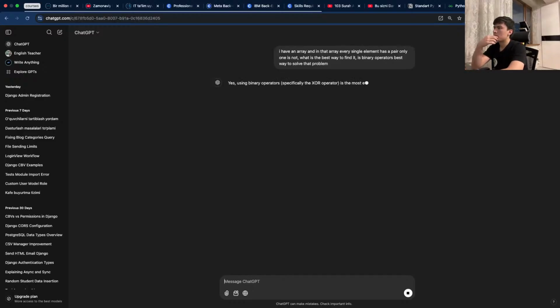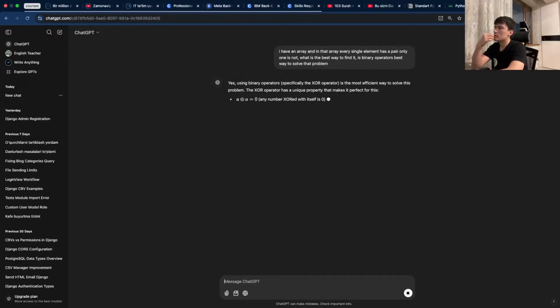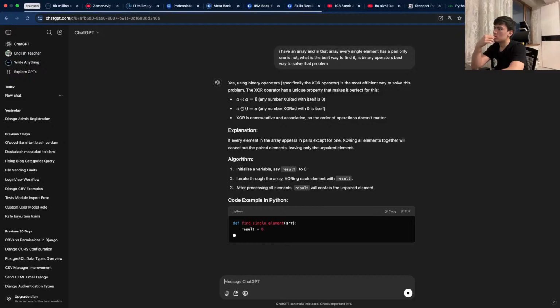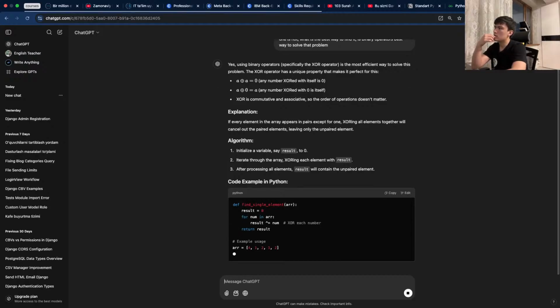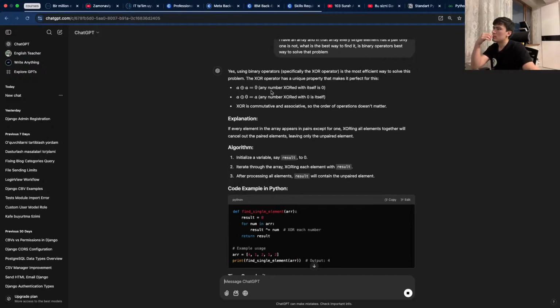Yes, using binary operators, especially the XOR operator, is the most efficient way to solve this problem. The XOR operator has a unique property that makes it perfect for this. XOR is commutative and associative, so the order of the operation doesn't matter.